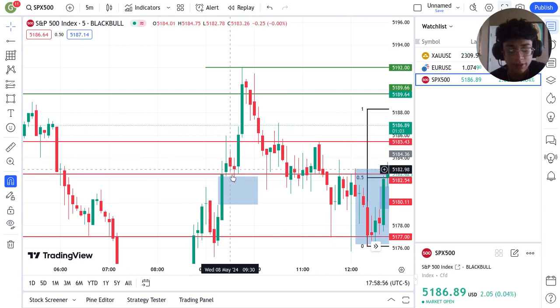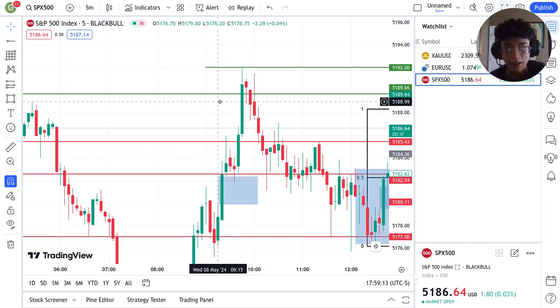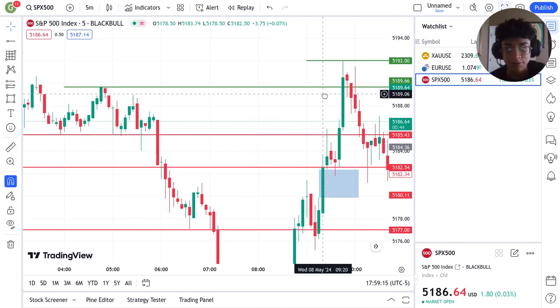yeah, so price revisited this area, used it for retracement, also used this, yeah, hit these lows. What does price do? Go up, retraced back up, because this is a bullish fair value gap. So we know that if it visits this area, we might see it go up. And complete opposite for